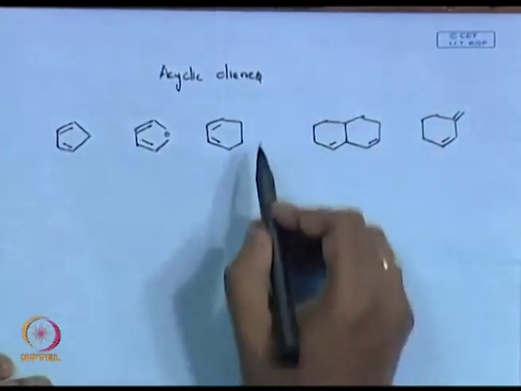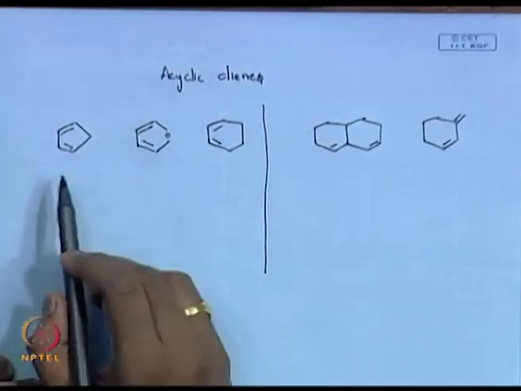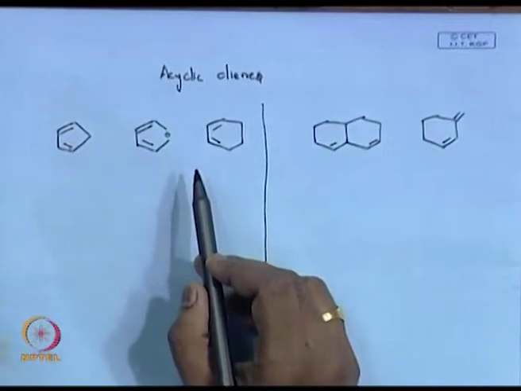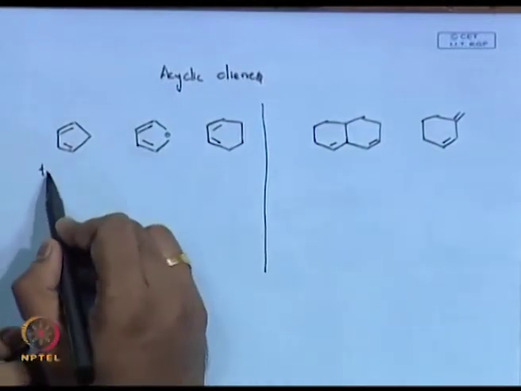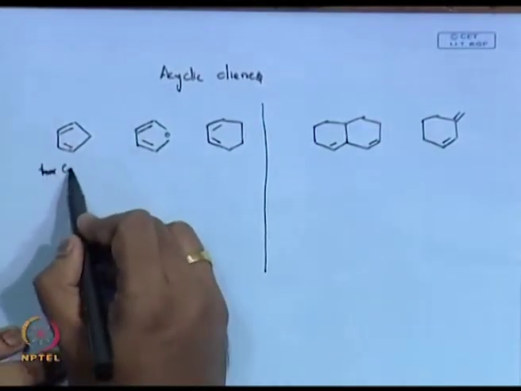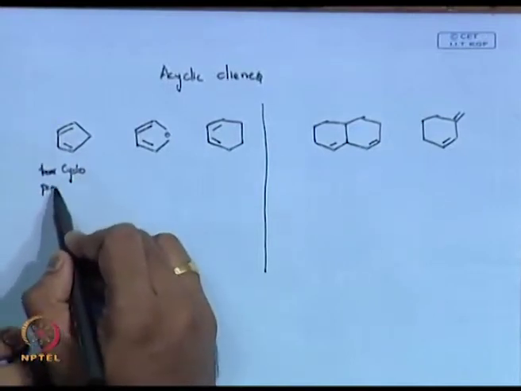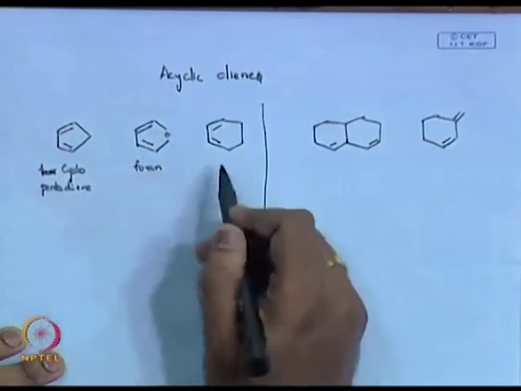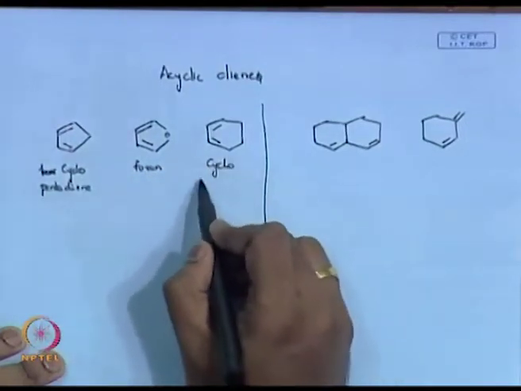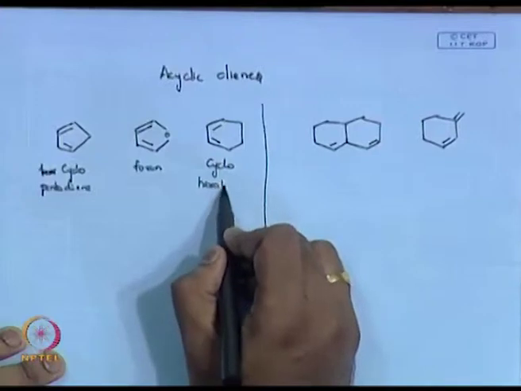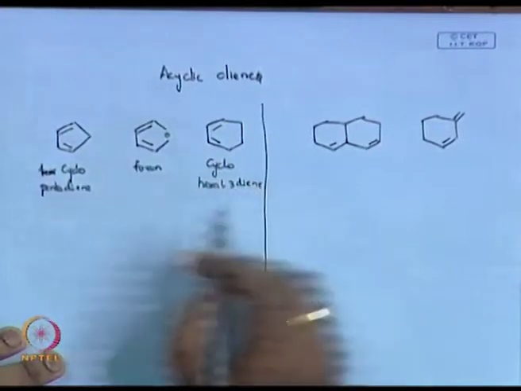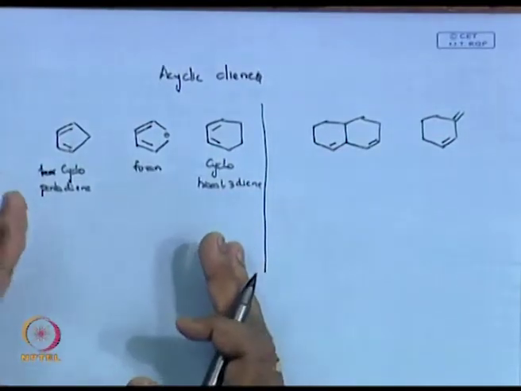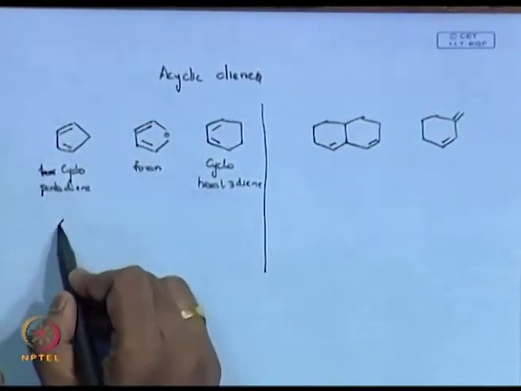If you see this class of dienes, cyclopentadiene, furan, and cyclohexadiene, their conformation is locked, and all of these are S-cis,